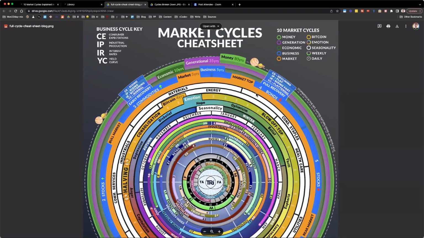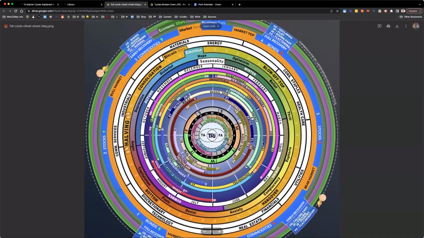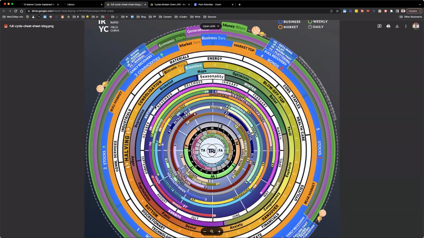So let's go back to the full cheat sheet. You can see the market top. It just leads before the full recovery, and we're going clockwise here. So market top leads full recovery, and the business cycle has 6 stages in it. So I've cut the four quarters of market top, bear market, market bottom, and bull market into 6 business stages,